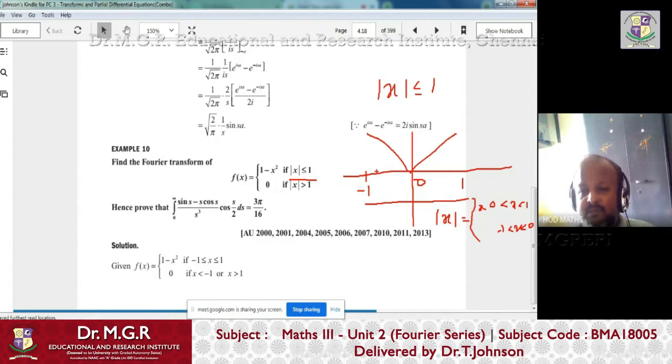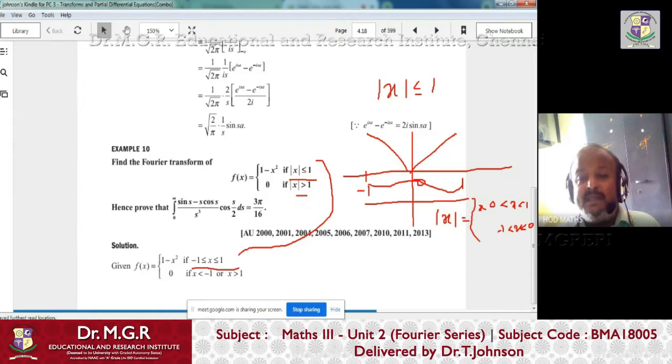The value of the number is whether it's less than or equal to 1. If you take any number between 0 to 1 or any number between minus 1 to 0, its magnitude is always less than 1. So 2 by 3 is less than 1, similarly minus 2 by 3, without considering the sign, 2 by 3 is less than 1. So mod x less than or equal to 1 means the set of all points lies between minus 1 to plus 1. So that only they mentioned here. So mod x less than 1 means set of all points minus 1 to plus 1.